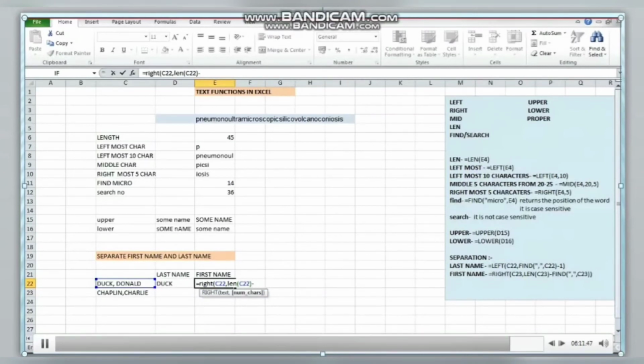So find the position of comma in this string, and close the bracket again, and enter. So it gives me the first name, and when I drag it down, I get Chaplin as the last name, and here when I drag it down, I get Charlie as the first name. So this was all for text functions in Excel part 1.